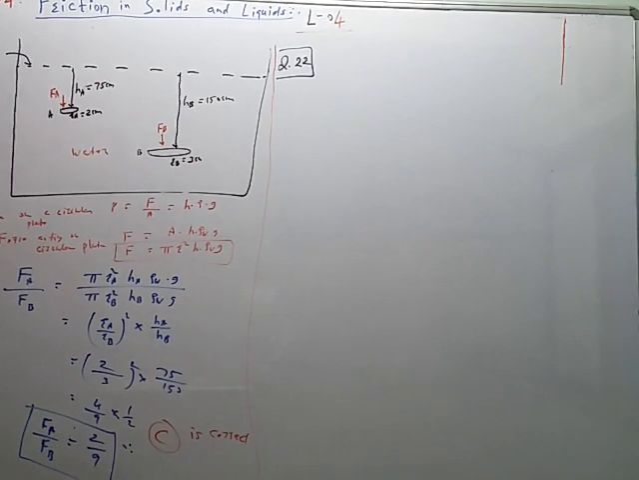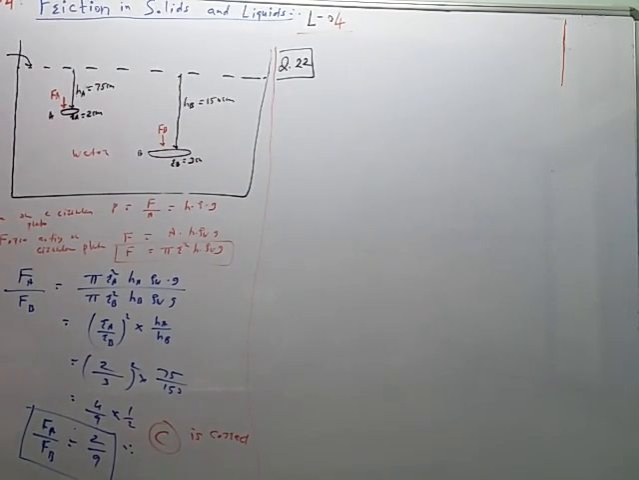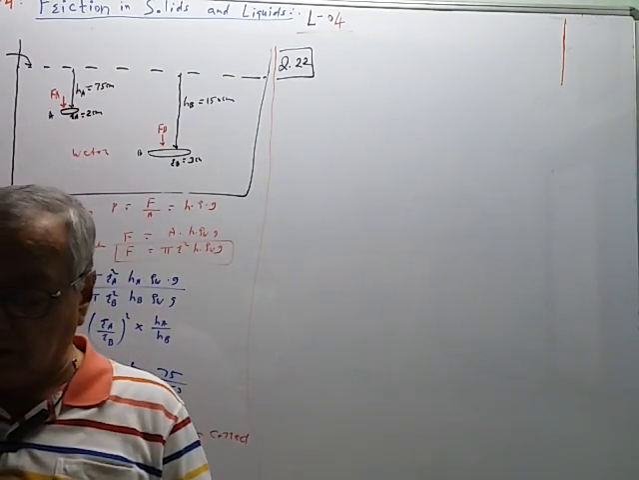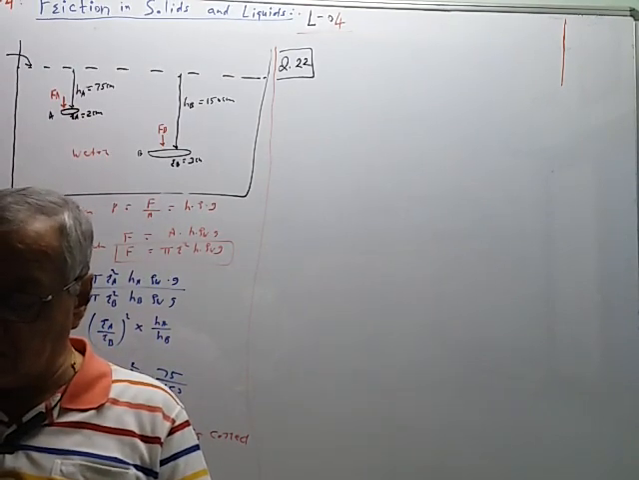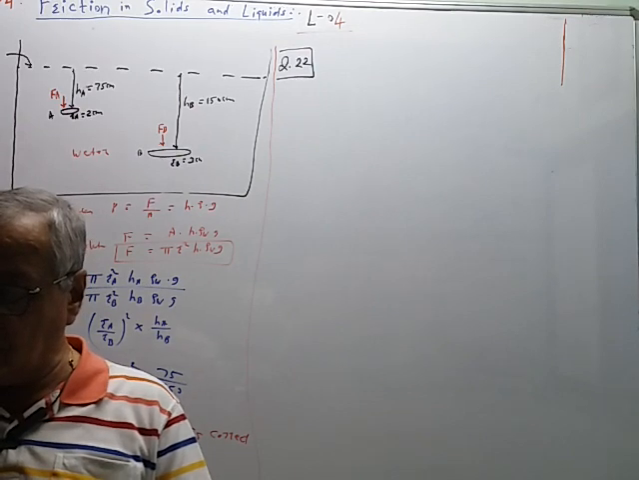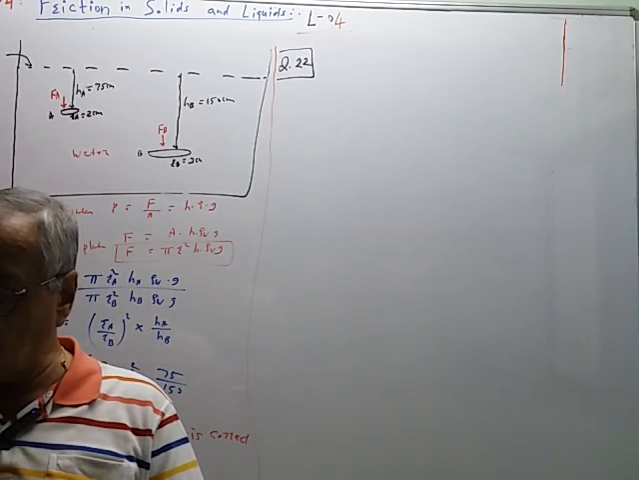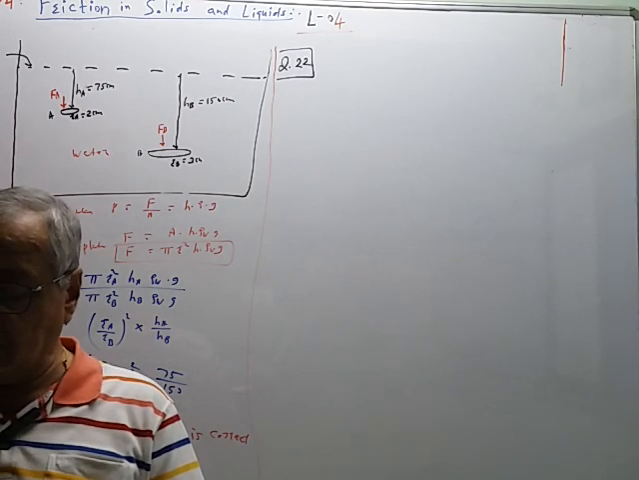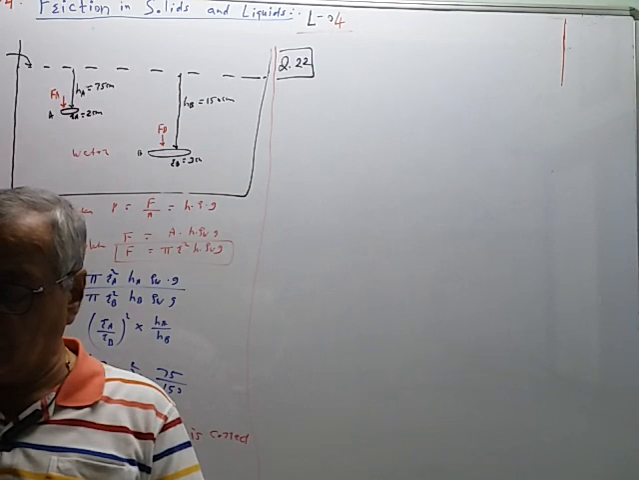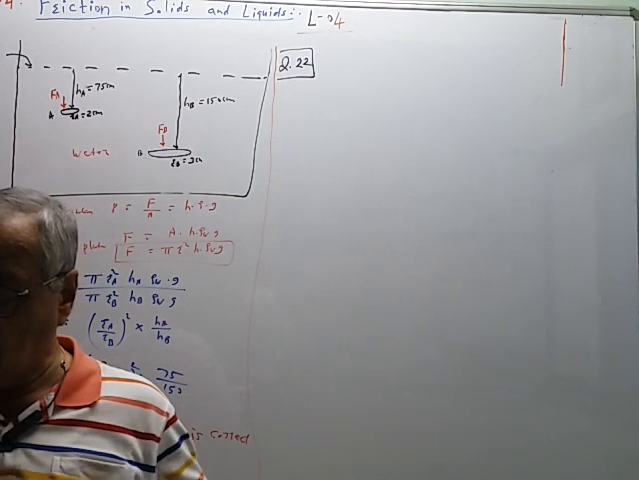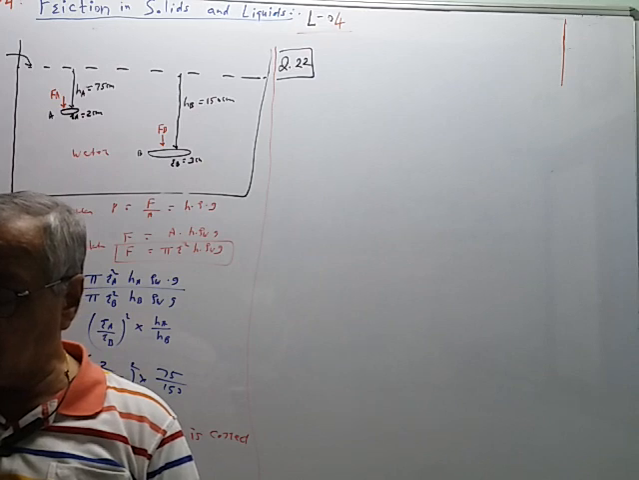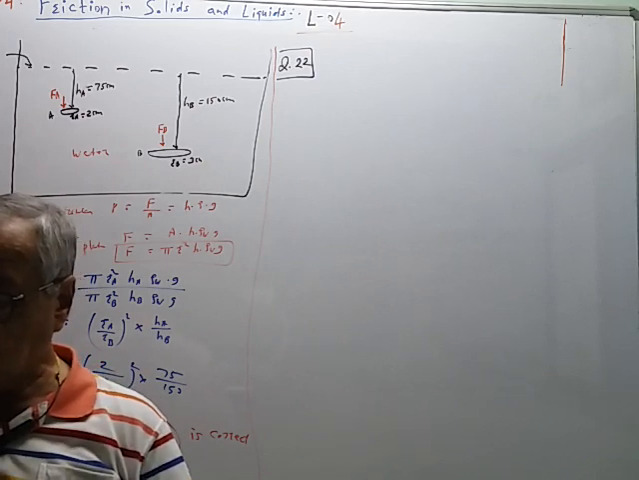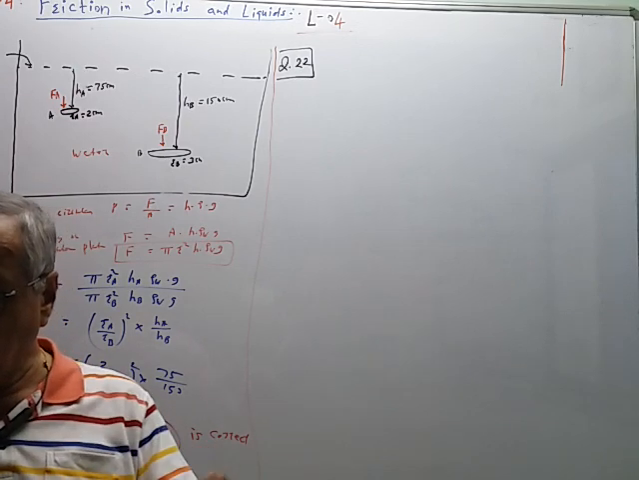Next, question number 22. The manual of a truck instructs the driver to inflate the tires to a pressure of 210 kilopascal. What is the recommended absolute pressure? 1 atmospheric pressure is equal to 101 kilopascal. So we have to find absolute pressure, and we are given the